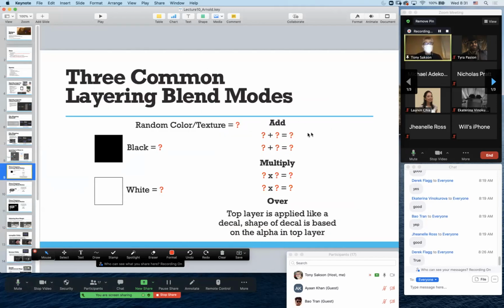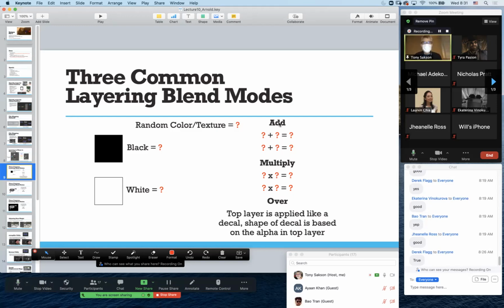One of the blend modes is called add. The other is called multiply, and another one is called over. We used over or overlay in Photoshop when we did our sharpen layer. We did a high pass filter layer. We wanted that to sit on top of the other layers and filter the midtones through, so we got more contrast for our brick wall. Well, for this,